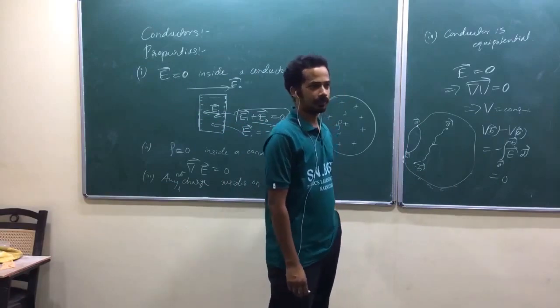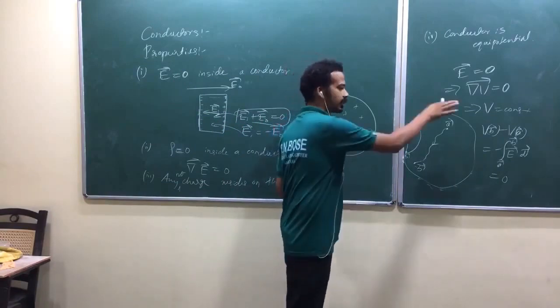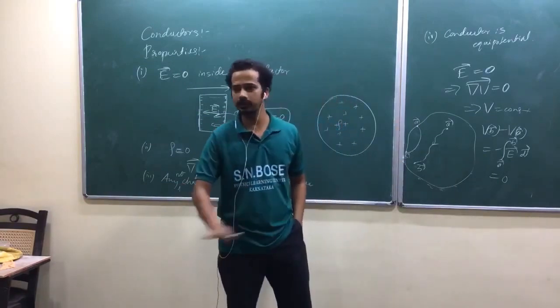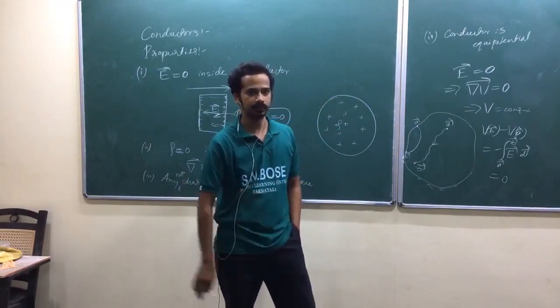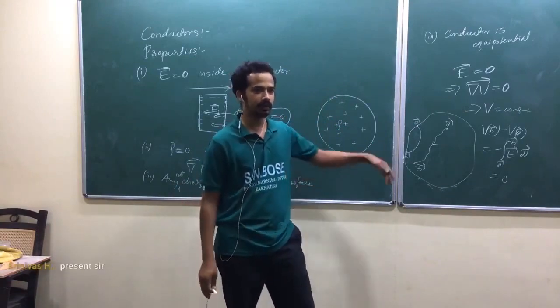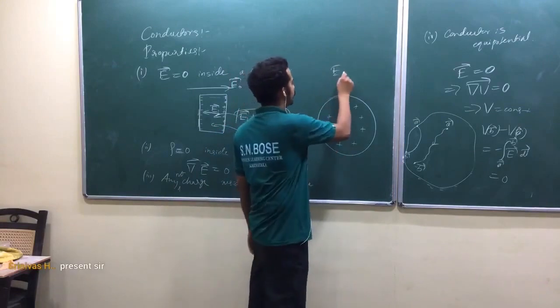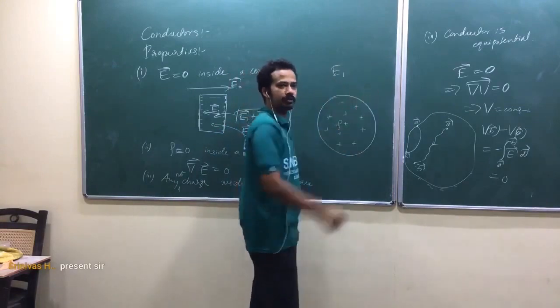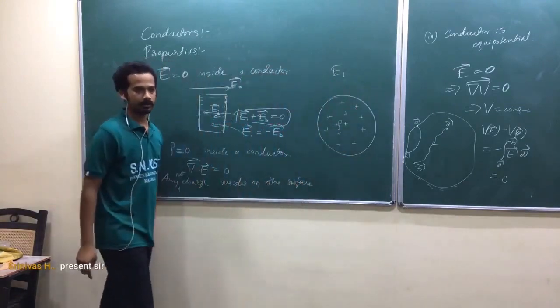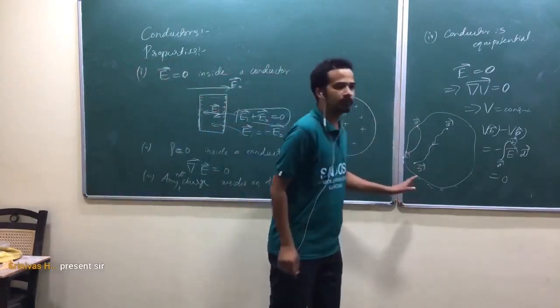Is that okay? So again, whenever there is a surface charge, electric field will have discontinuity. We have seen, isn't it, in the last class. Whenever there is a surface charge, E perpendicular above minus E perpendicular below is equal to sigma by epsilon. Is that okay? Electric field just below that will be 0.